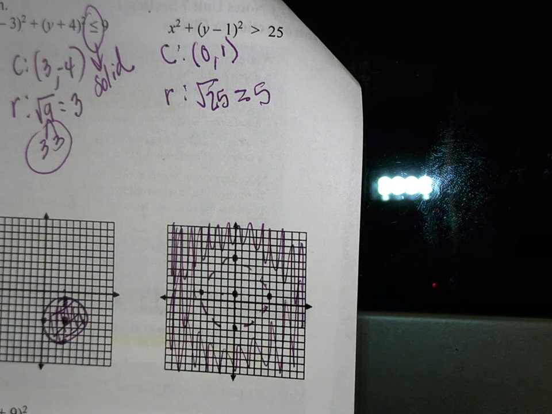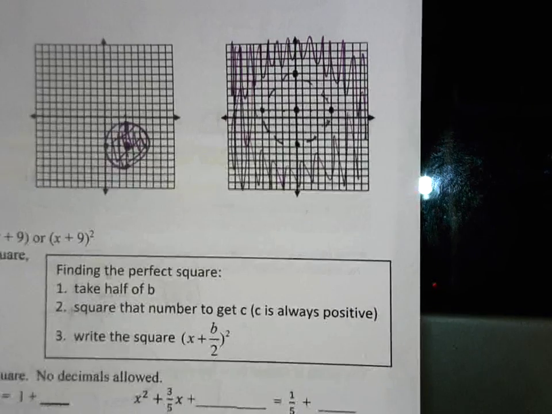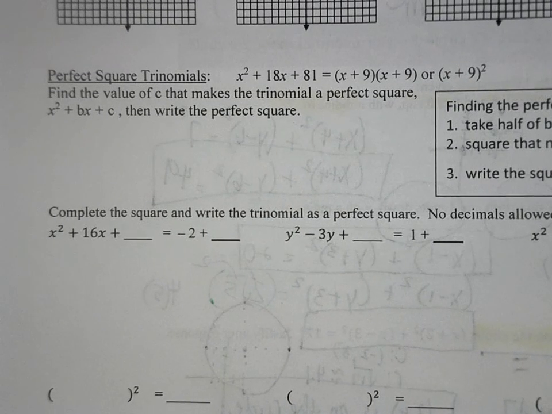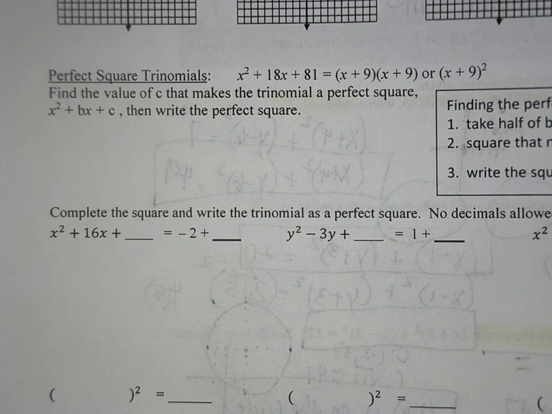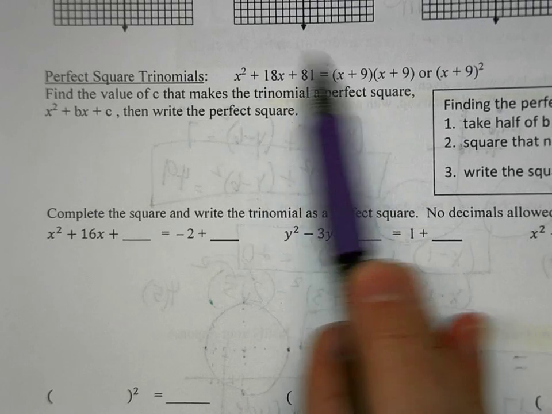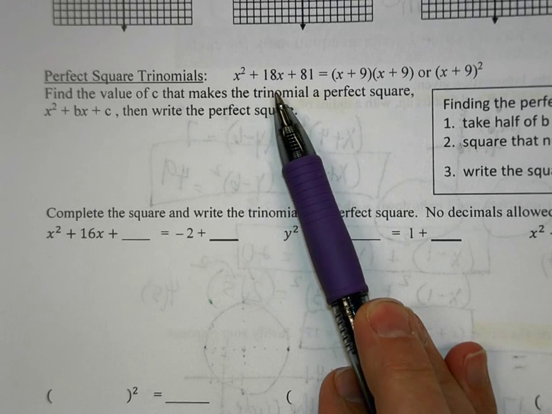Okay, next. This last part here, we are going to be learning how to put circles into descriptive form. But today we're just taking a piece of it and practicing part of it so that actually doing it will become easier. Okay, so there are things called a perfect square trinomial. Remember that trinomials start as 3 terms? Okay, a perfect square trinomial is where when you factor it and you get like this x plus 9 and x plus 9,